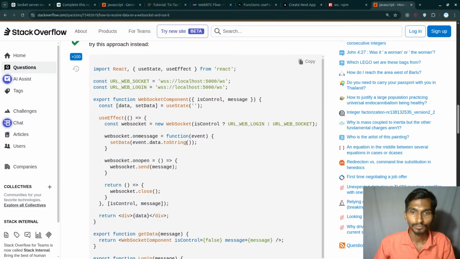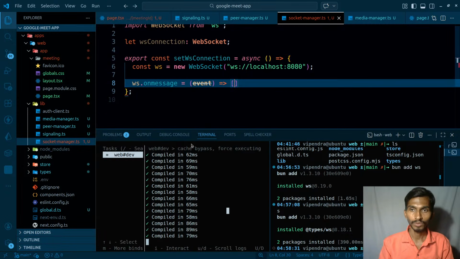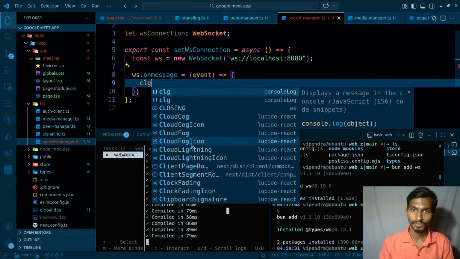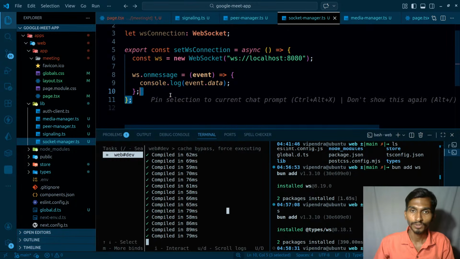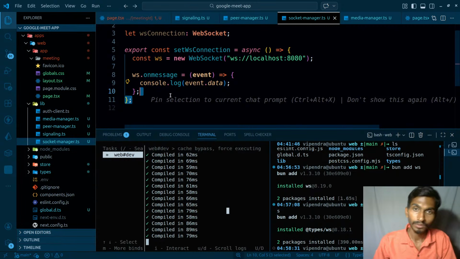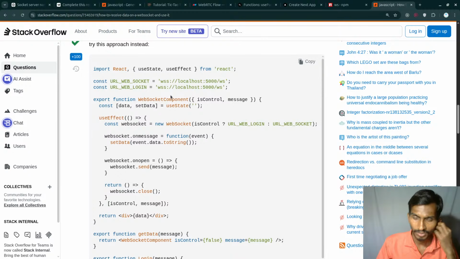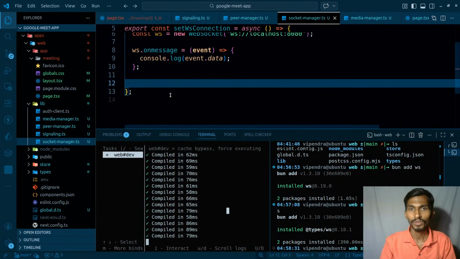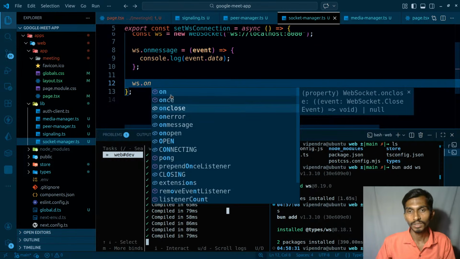That's okay. So ultimately we'll be getting the event. Once we get the event, console.log event.data, what else do we need? So this is the first thing. Again, this is not gonna be straightforward, you will have to configure everything on your own, but that's okay, great. Apart from this, on open, whenever it gets open, I'm gonna be sending some message back there. So ws on open is here, on error, if there's any error,